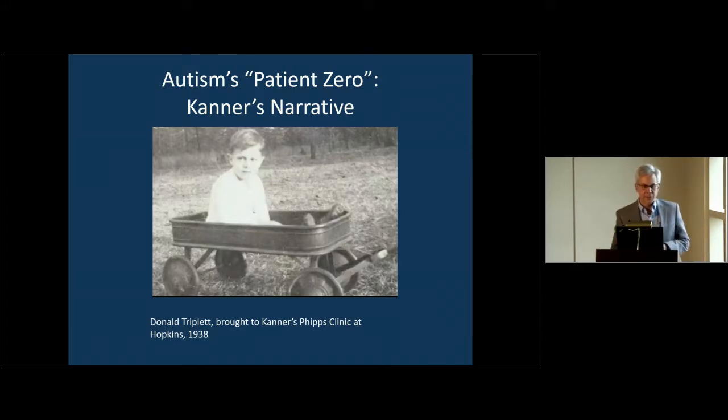His name was Donald Triplett, Donald T. in the article. Donald was brought from Forest, Mississippi, all the way to Hopkins by his lawyer father with 30 pages of single-spaced type notes. I emphasize that because the father's notes, I think, have a lot to do with how autism was defined. Donald, according to his notes, basically was normal the first year, progressed normally, normal motor milestones. Second year of life,